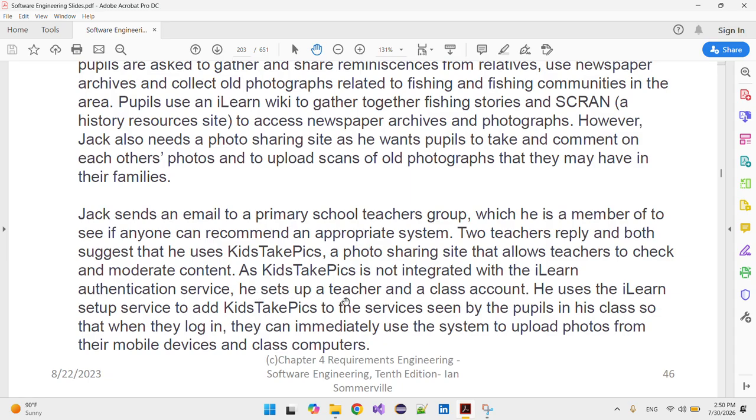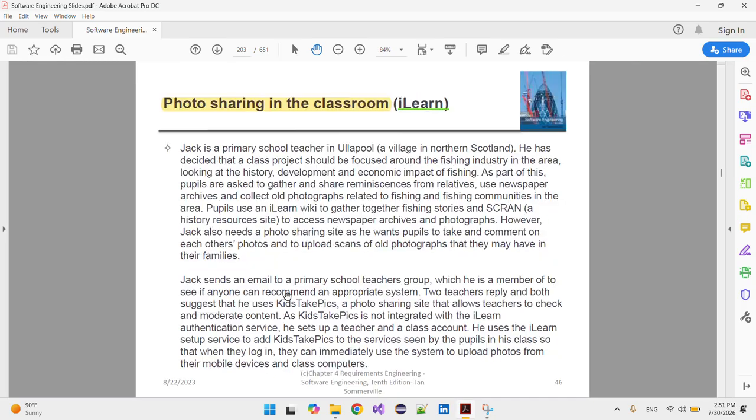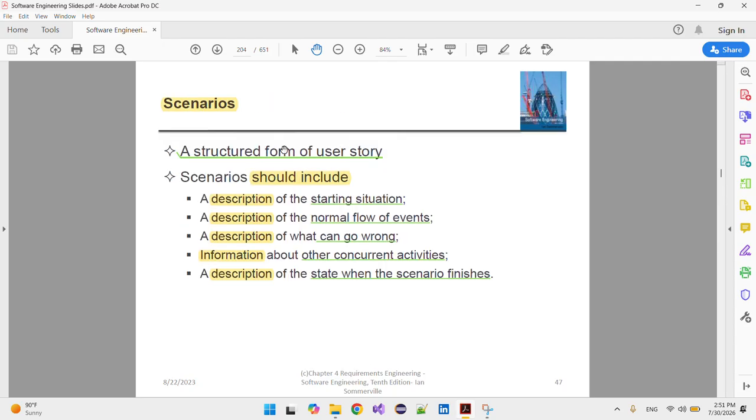He sets up a teacher and a class account. He uses the iLearn setup service to add Kids Take Pics to the services seen by the pupils in this class, so that when they log in, they can immediately use the system to upload photos from their mobile devices and class computers. حلوة القصة صراحة، وبتعكس قديش انه ممكن الواحد مثلا يكون يعني خلينا نحكي innovative، شيء حلو.